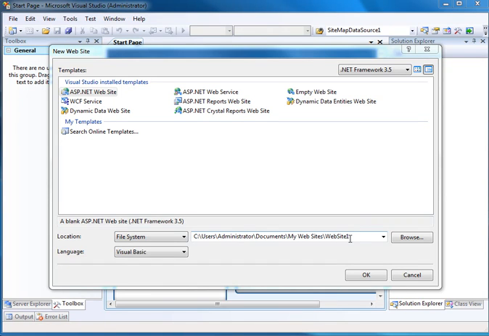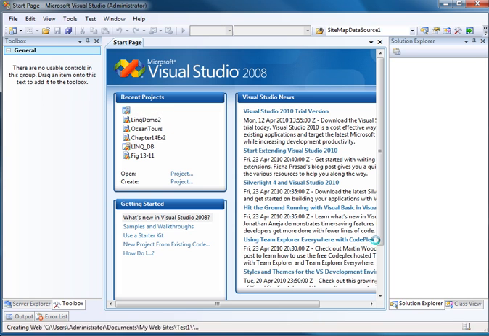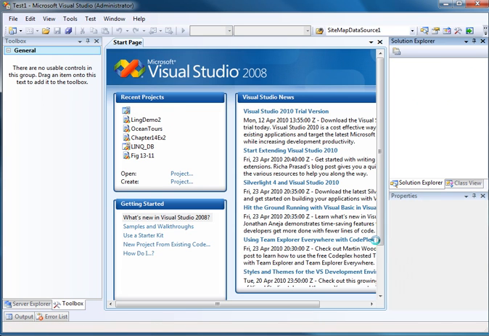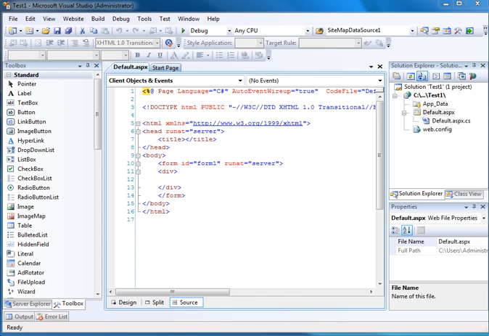Well, the first thing I'm going to do is create a new ASP website, and let's call it test one, and let's make it C#. And I'm using Visual Studio 2008,